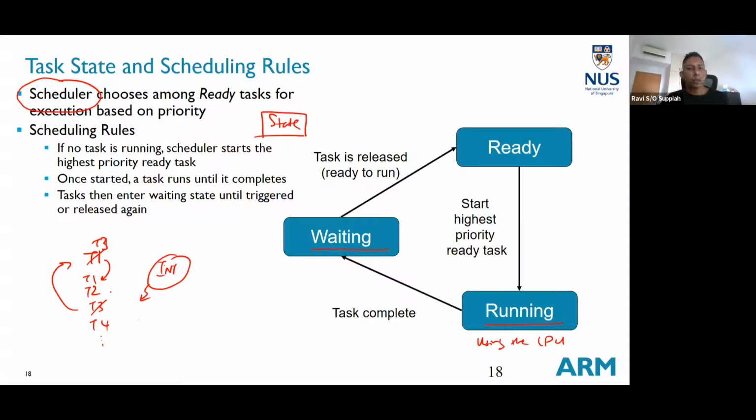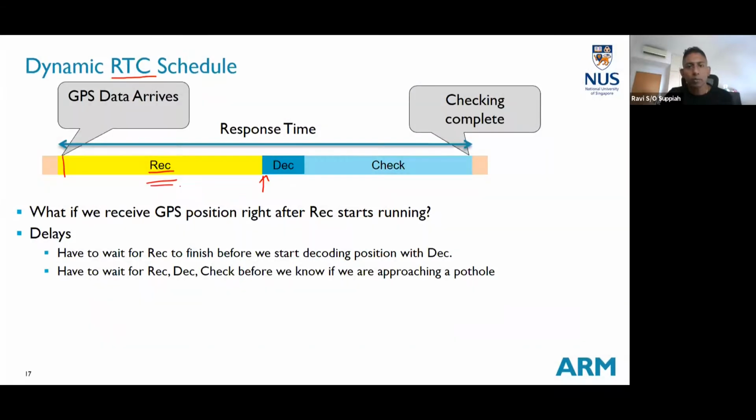I'm still in the queue down here. Ready means the task is now released to run. When it's released and ready to run, you have already specified to the system that, okay, I am going to run this task next. Depending on whether I'm using preemptive or run to completion, there is going to be a change in how this behaves. In run to completion, like what we saw here,